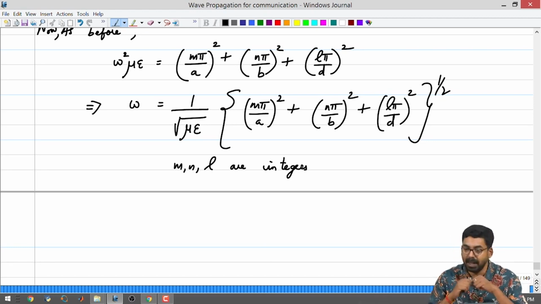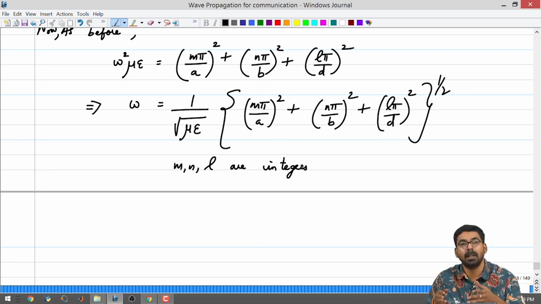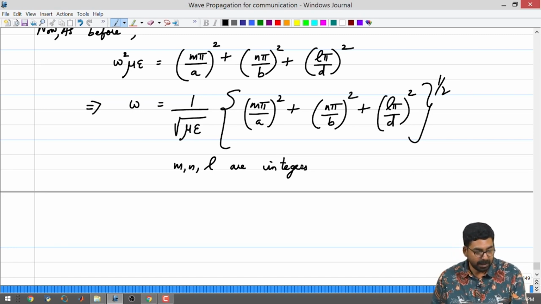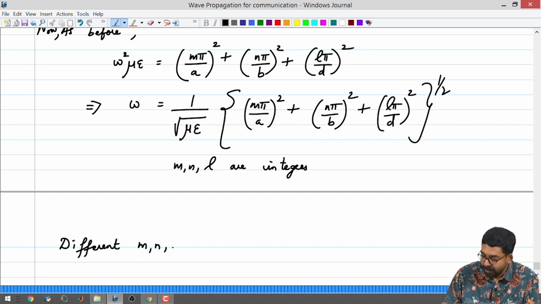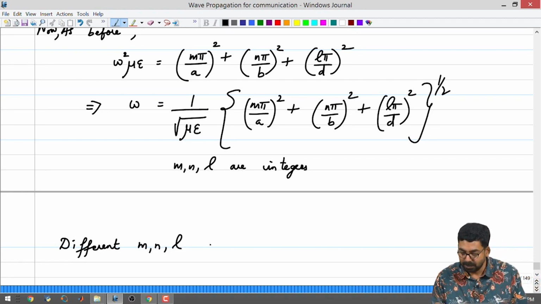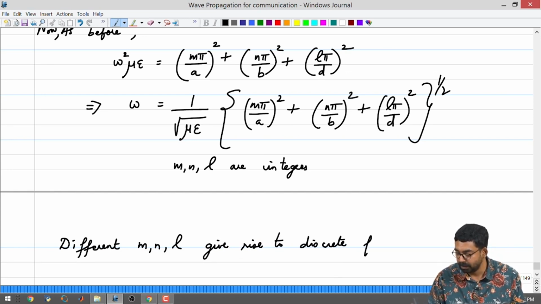But what is the key difference between this structure and the waveguides that we have analyzed in the past? Well, there is one key difference, and the key difference is different M, N, L give rise to discrete frequencies